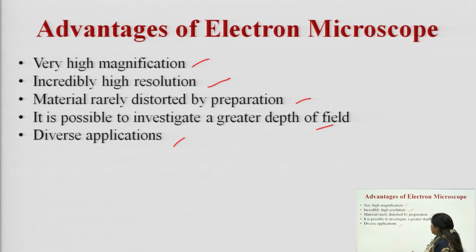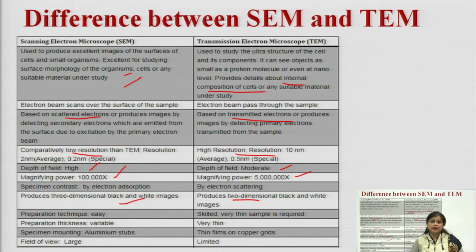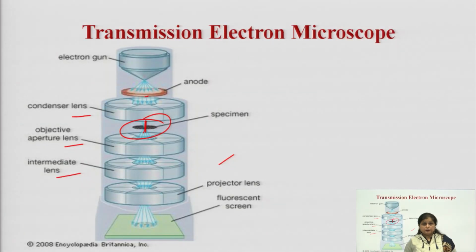Various specimens can be seen, and mainly the difference you need to know about electron microscopy is the difference between SEM and TEM, what SEM can do and what TEM can do. SEM can only give the surface of the cells, it can't give the internal organs of the cells. So we always go for TEM if we want higher resolution, or we want to analyze the internal organelles within the cells. We have to go for transmission electron microscopy, and SEM will just give the surface image of the products.